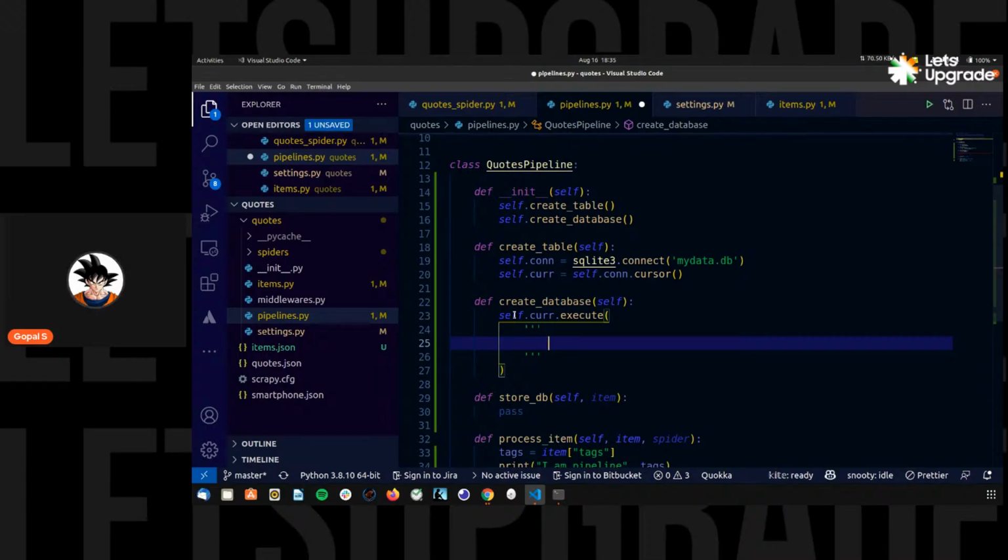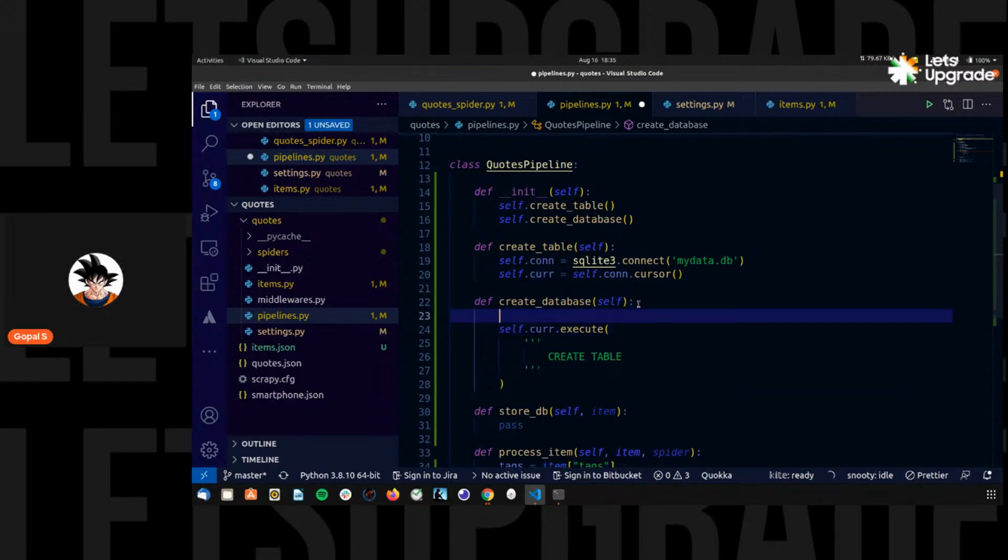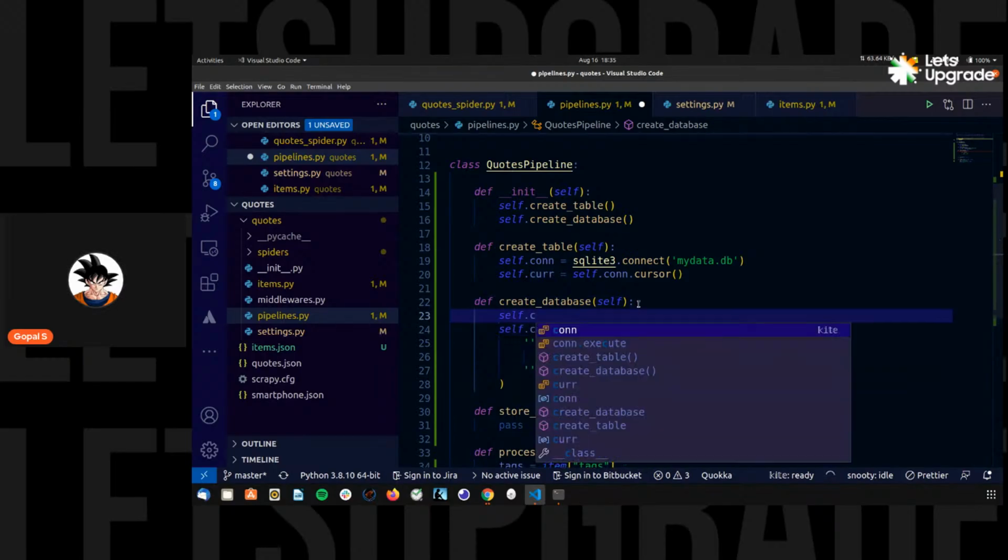Okay, so what we need first is create table if not exists. Okay, create table. And what we can tell is, if it is actually going to exist, it should not give us any error. So what I usually do for this sort of error handling, I usually define